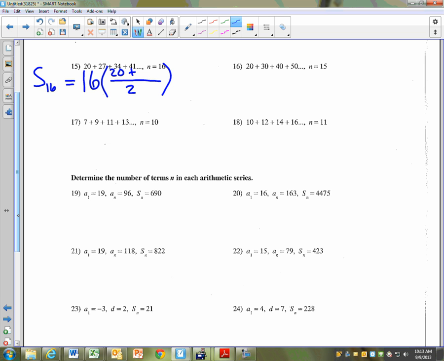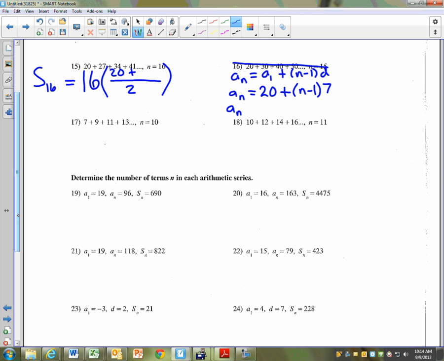Very good. I'm going to use this rule. We're not going to do the even ones, so I can use the space over here to write. A sub n is equal to a sub 1 plus n minus 1 times d. I know that it's arithmetic because it told me in the problem. It says arithmetic. Therefore, I can default to this rule. So a sub n is equal to, what's the first term? 20 plus n minus 1 times, what's the difference? 7. So a sub n,